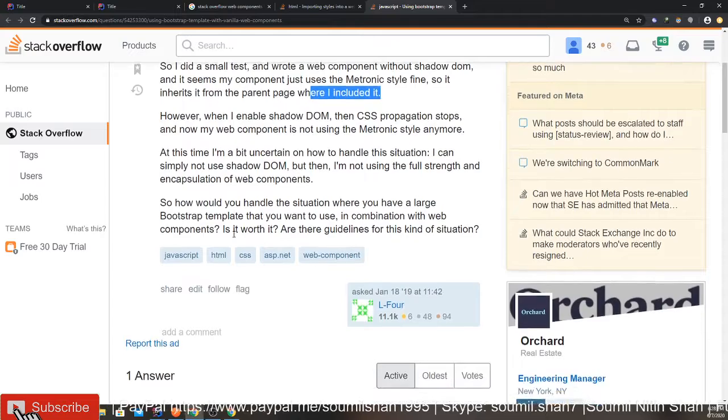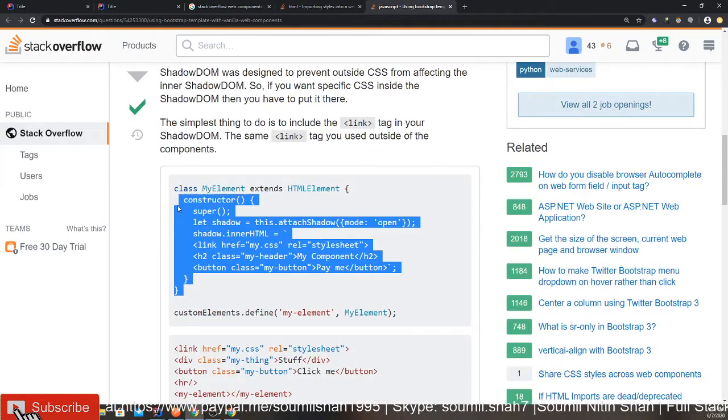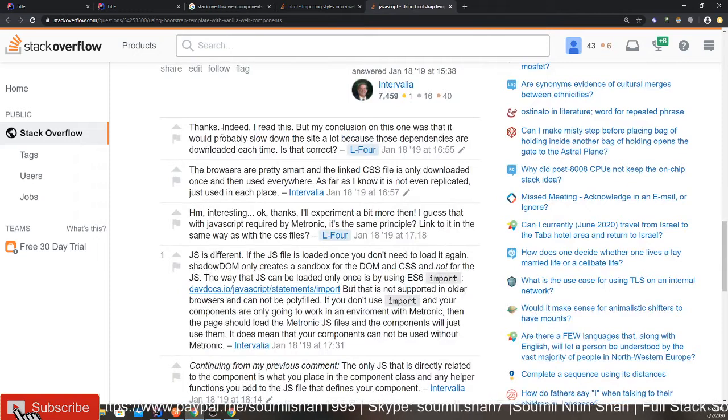So he's asking, if you load the entire CSS, will it slow down the site because those dependencies are downloaded each time?